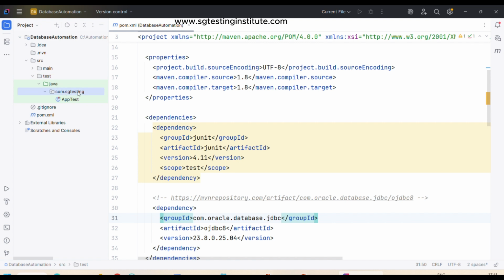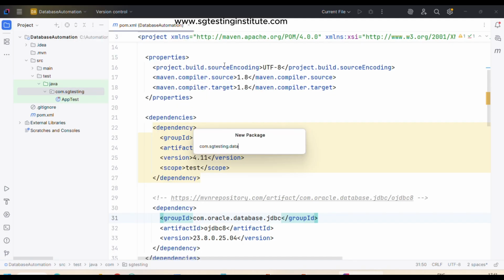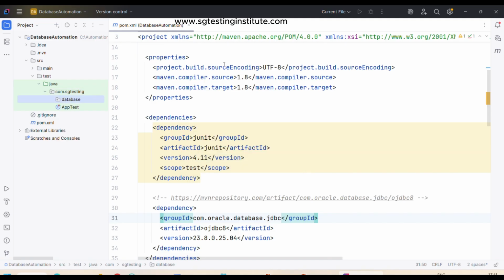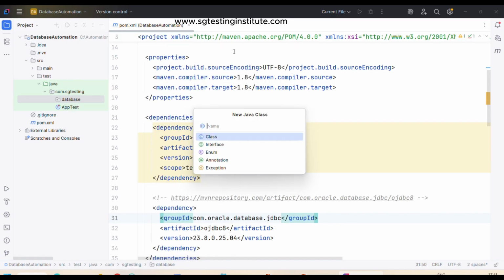Yes, the package com.sg testing is available. I would like to create a new package called database. I just created a package named database. Within the database package, first we need to create a source file, to read records from a database table, using